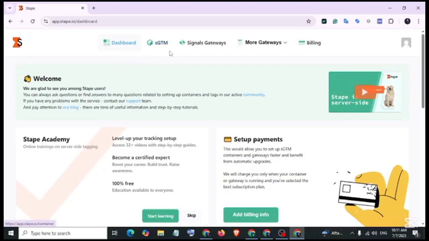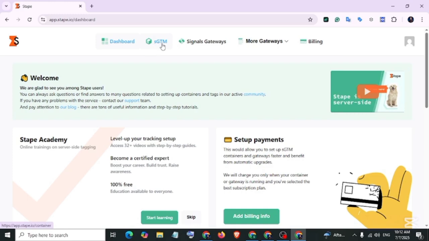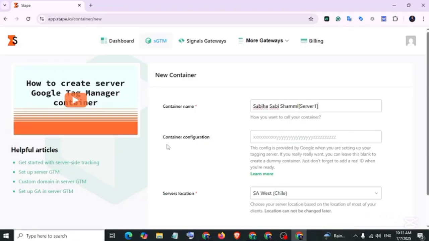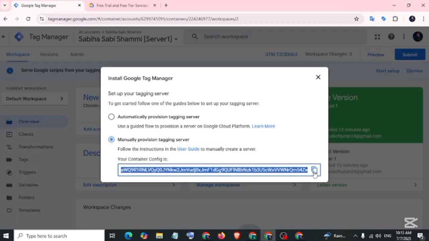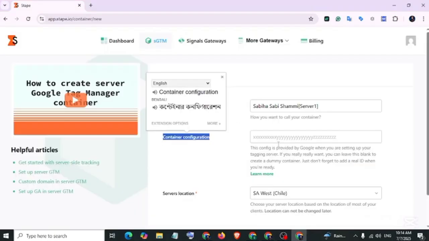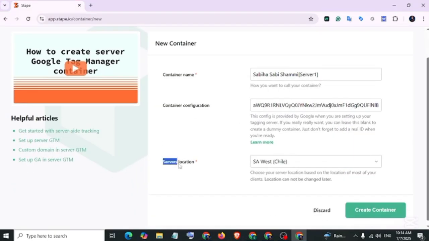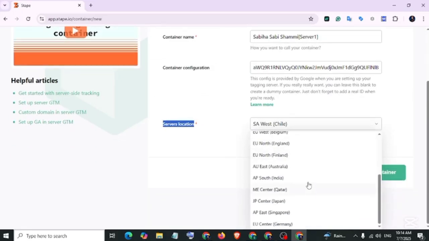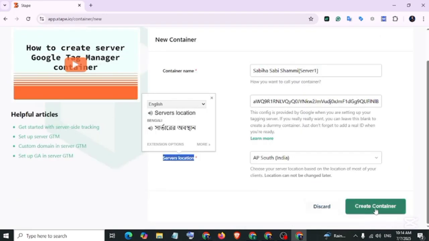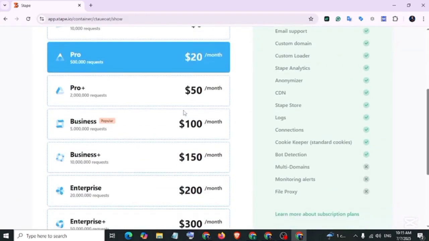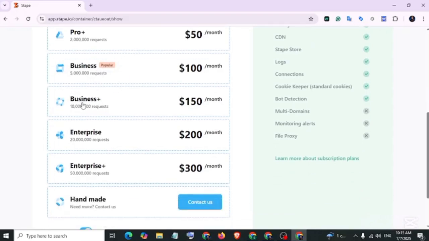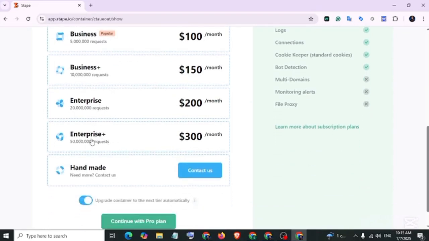Now we have reached the Stape dashboard. Move on to GTM. Let's create a GTM container. Let's name the container and add the container configuration. Previously we copied the container config from Google Tag Manager. Now paste it here. For server location, click on the drop-down menu and select the server nearest to your website visitors. Then create container. In Stape pricing, there are many options: free, pro, pro plus, business, business plus, enterprise, enterprise plus and